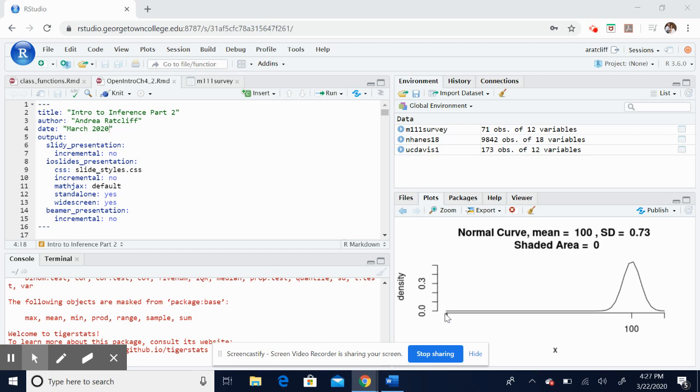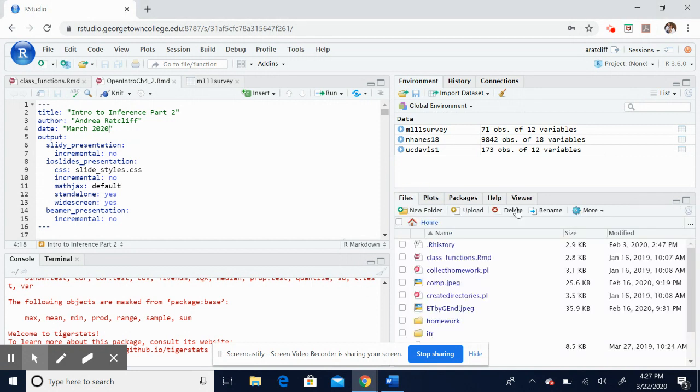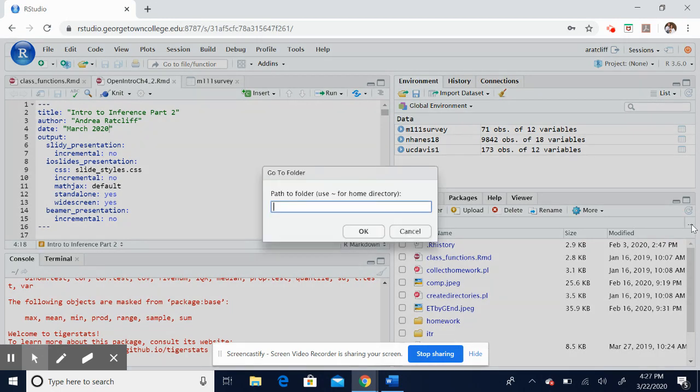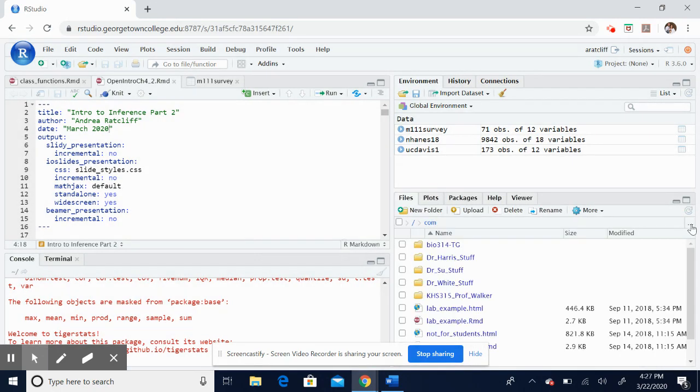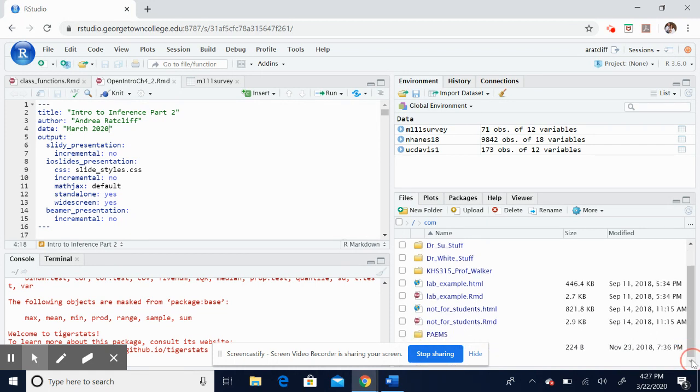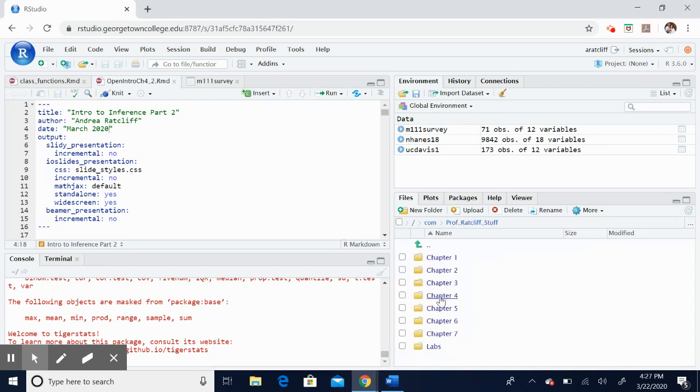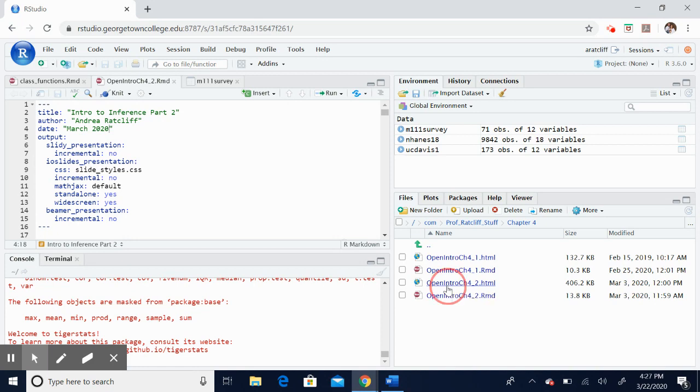Okay, we are going to get back into our discussion of hypothesis testing. So, if you haven't already, you might want to pause this and open up our studio. And I'm going to go to the common folder and hide that, so I can see my things. Okay. We were discussing